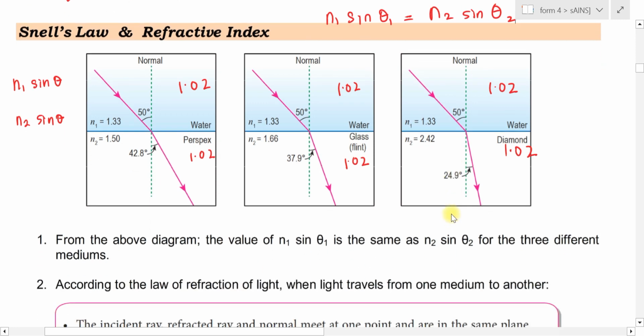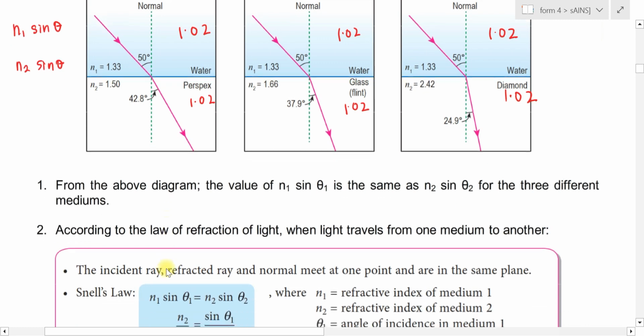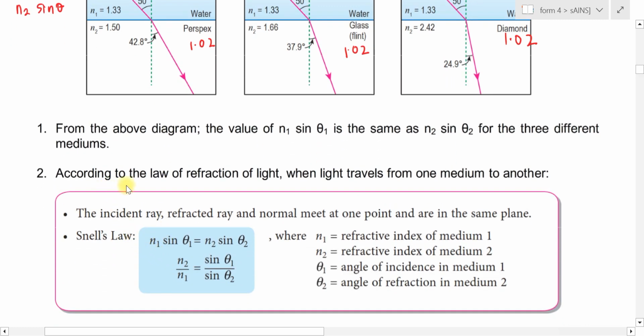Itu dia Snell's law. From the above diagram, the value of n1 sin theta 1 is the same as n2 sin theta 2 for the three different medium. So according to the law of refraction of light, when light travel from one medium to another, in the incident